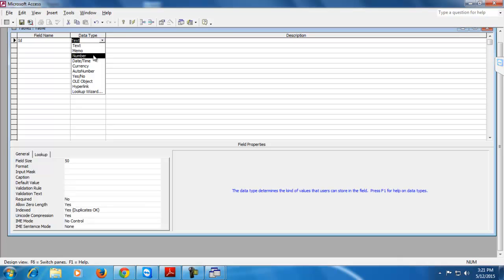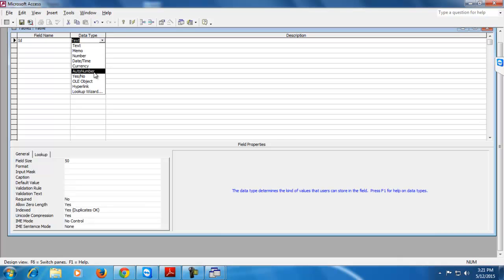Number is for entering numbers. A number can be a decimal number or an integer. Date and time are to enter the date and time. Currency is used for monetary values. AutoNumber is basically used for primary keys. Primary keys, as we already discussed in the sessions, are the unique identifier. AutoNumber means the numbers will be automatically generated.